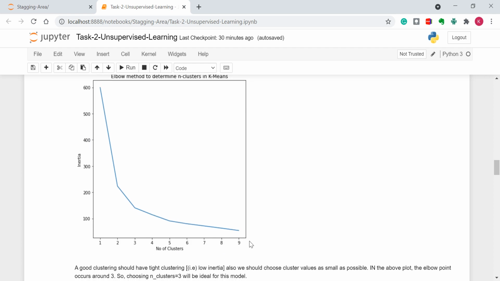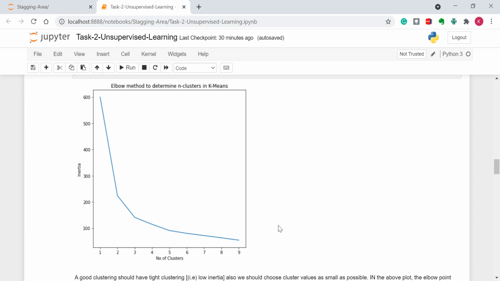We have to choose n clusters as the value which has low inertia as well as a low number of clusters. Also, we can get that by where the inertia starts decreasing slowly. That is, here is a sharp decrease of inertia, here is a medium decrease of inertia, right?